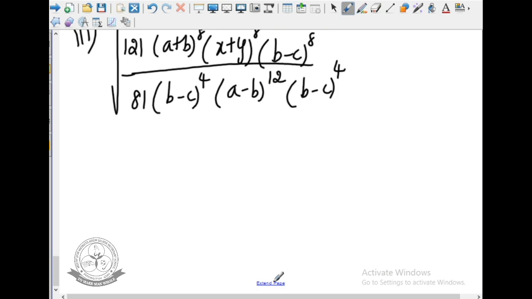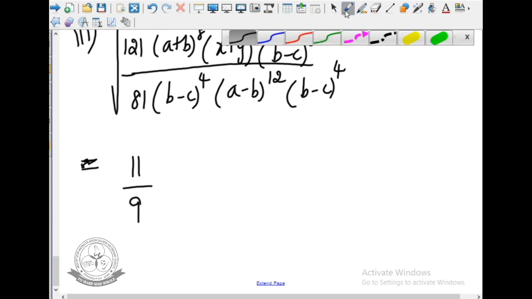Okay, what is the next step, ma? Now, as I told you, first you take out the number from the square root. Suppose the square root of 121 is 11, divided by the square root of 81, which is 9. Those numbers you should write outside, right? Next, the value having (a plus b) the whole power 8, right? Here itself you can write the square root number, that is (a plus b) whole power 8.